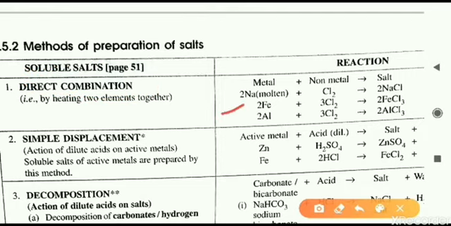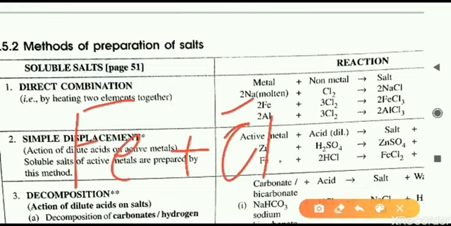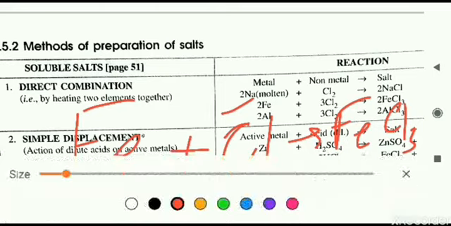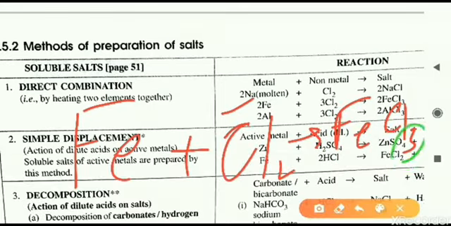One more example is given here. Iron metal, that is Fe, reacts with chlorine, and what forms as a result is FeCl3. Here FeCl3 is there, so that means the valency of iron is what? It is 3. You should be thorough with the valencies. That is the concept you learned in the 9th class. So if 3 goes there, transposing, Fe is 3, valency is 3.